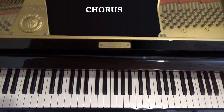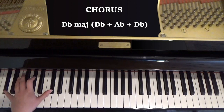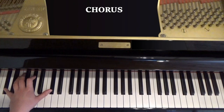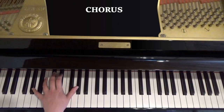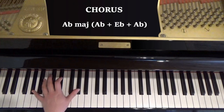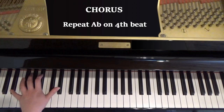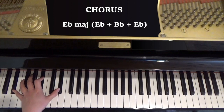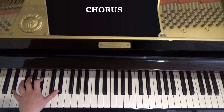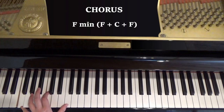Onto the left hand. We're starting with D flat, A flat, D flat. Hold that for 3 beats, and then on the 4th beat we're repeating the D flat again, and then onto A flat, E flat, A flat. Again on the last beat repeat the A flat, and then E flat, which is E flat, B flat, E flat. Repeat the E flat, and then F, C, F,